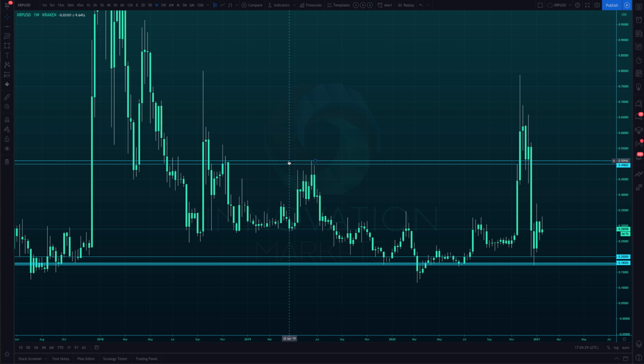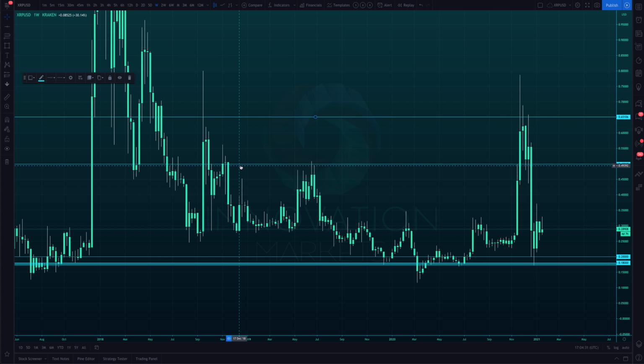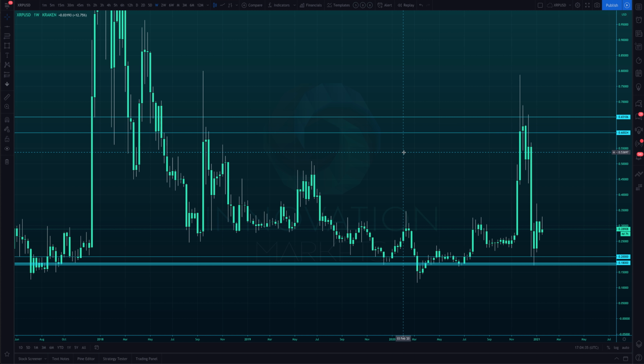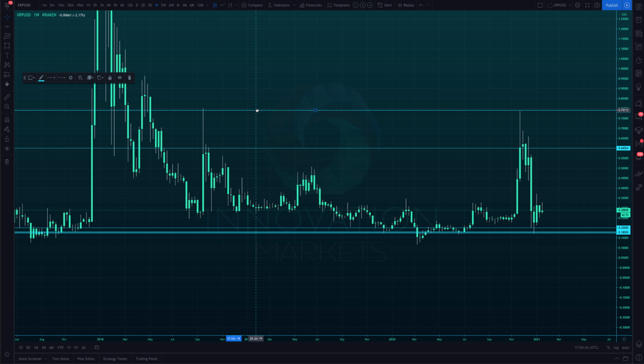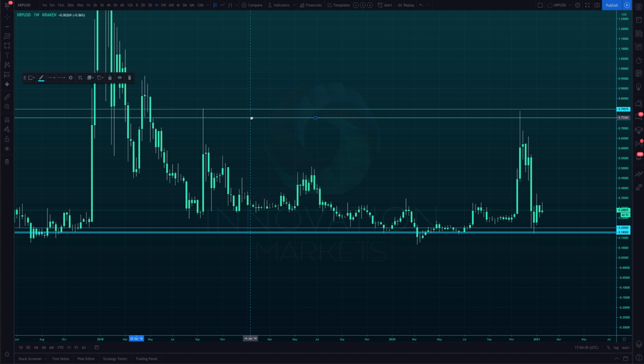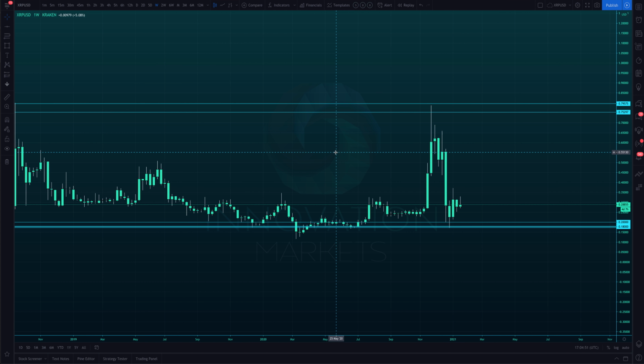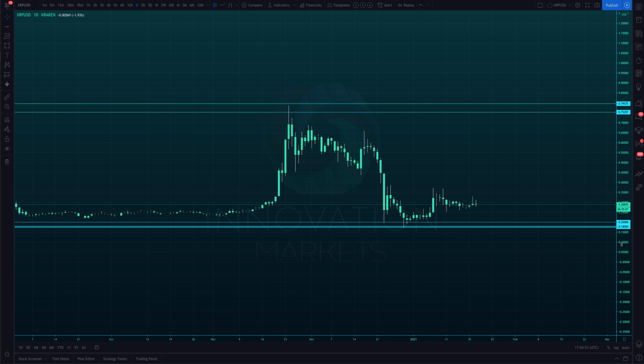Now, we could easily use grids up here to stretch this out even further, and it would still be correct. But obviously, if you're looking to trade, you do not want to have a zone that's too wide. That's one of the most important things when it comes to trading. If we were to have a zone all the way up here as an example, which still correlates with the wicks and the grid lines, it then makes your zone so big that by the time you get over to